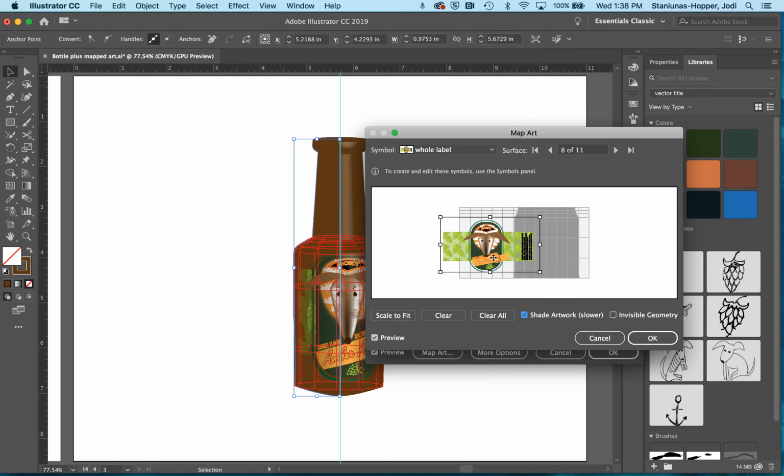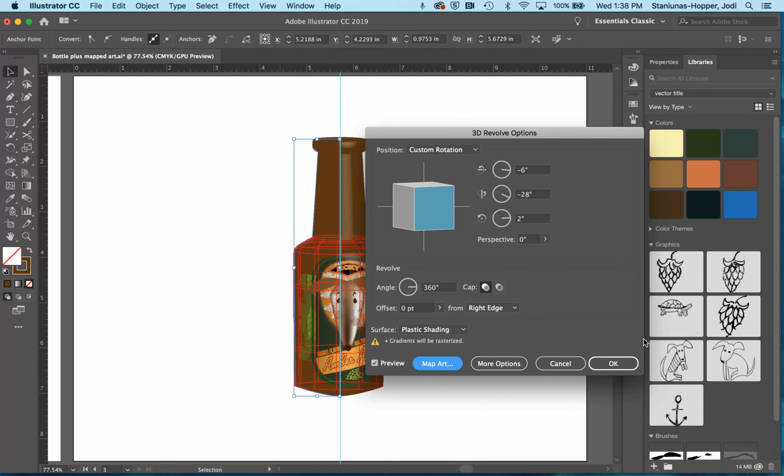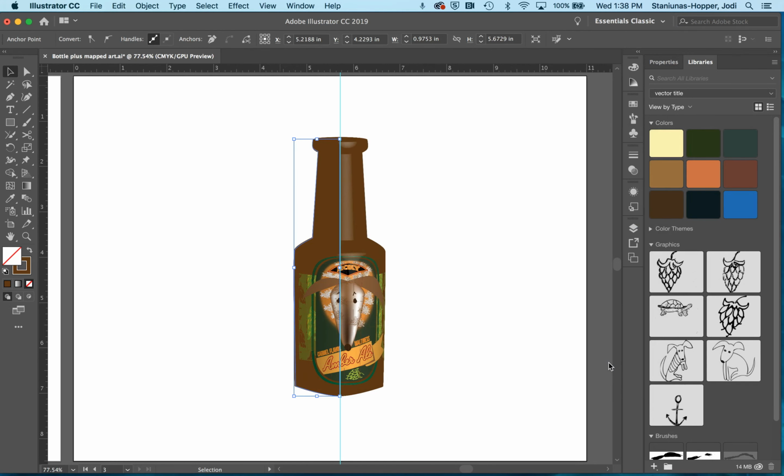Once I'm satisfied, I can then venture over to OK. And again, say OK here. And you will see that I have mapped art to my revolved bottle. And it's not perfect. It doesn't always come out perfect. This is one of the weaknesses that I have found with this particular exercise. However, it is